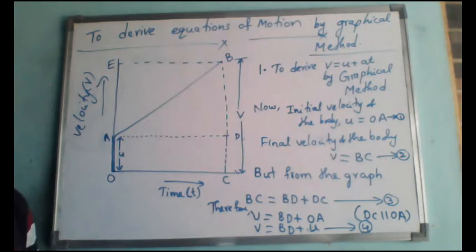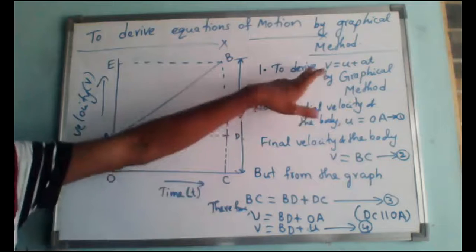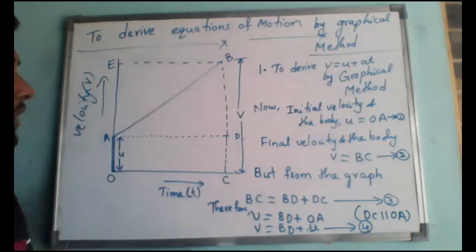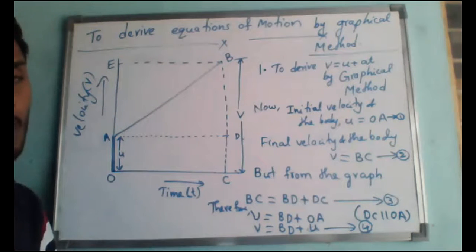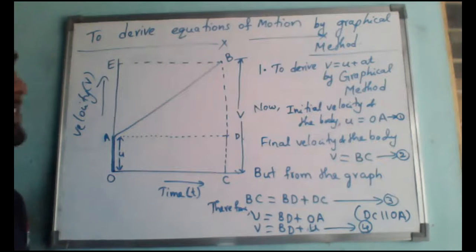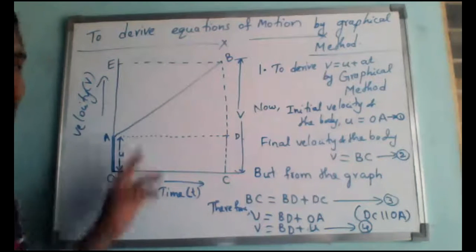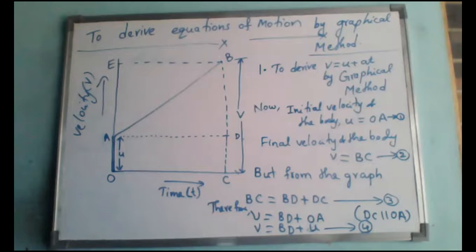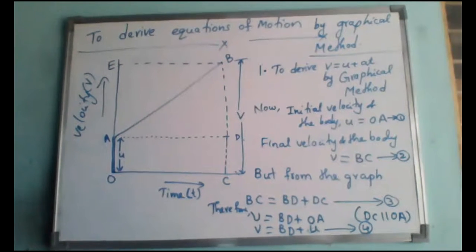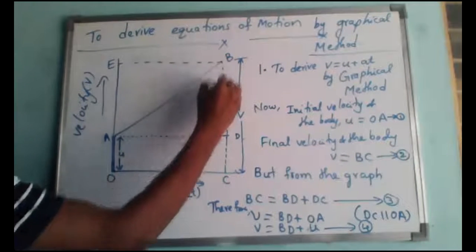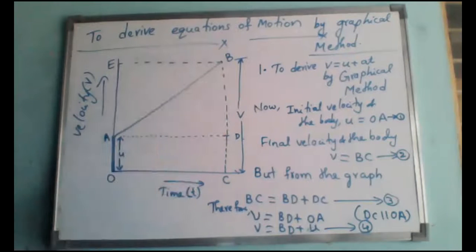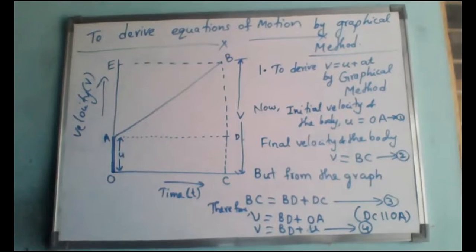Clear? Any doubt, anybody? Now see, what is our equation? V equals U plus AT. Now we have got V and U, but BD only we want to change. Is it yes or no? Yes, sir. Now let us see how to calculate this one. Can anybody say what is the acceleration of this graph? From acceleration, we can calculate BD. Acceleration equals what I said, slope. Slope will give you the acceleration. Can you say what is the acceleration of this graph?